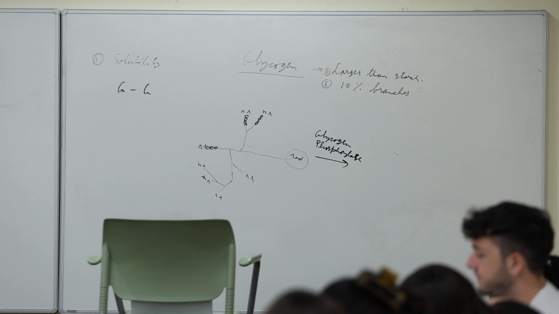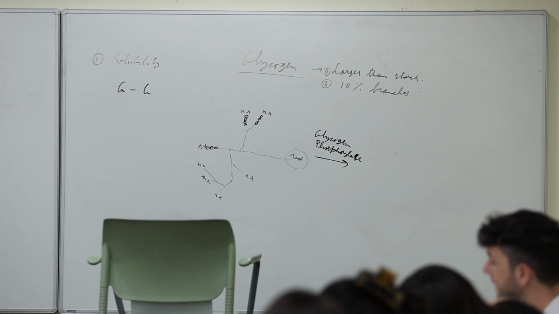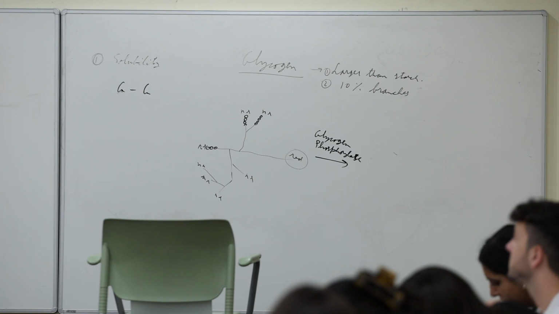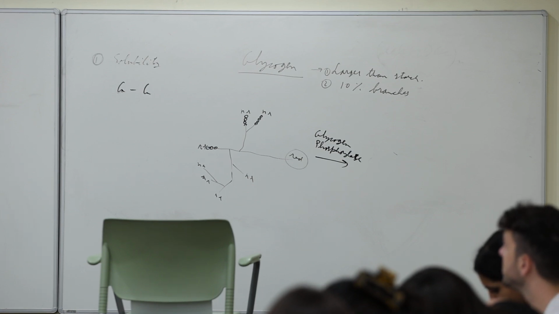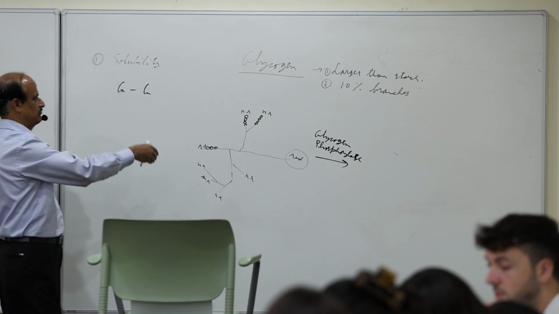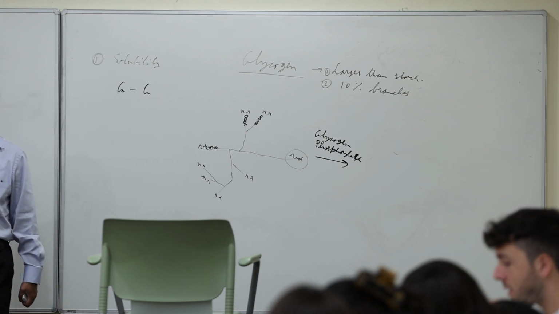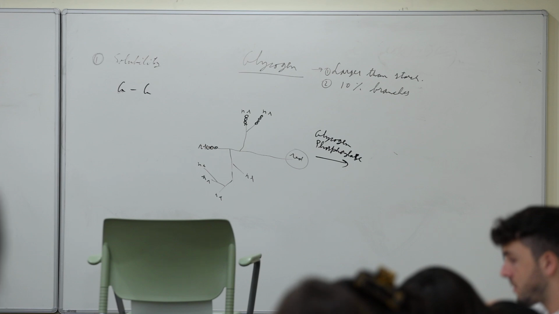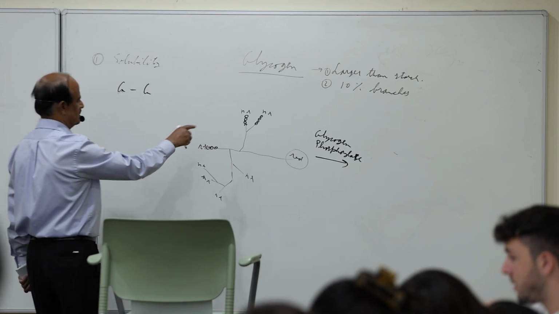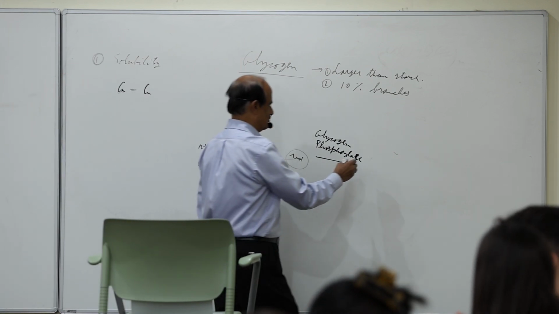So when you are running a 100-meter race and you just want sudden energy, you want the glucose to be released as quickly as possible. And so it is advantageous for glycogen to have many branches, because every branch means one more non-reducing end, because that's where the glycogen phosphorylase works. So that gives you